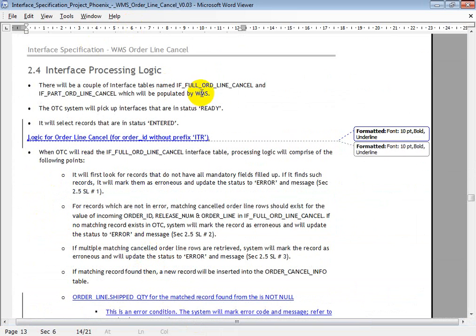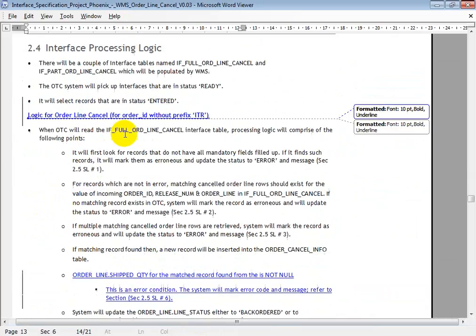So when it comes to full order cancellation, once you get a request from Indy, whether for partial order or full order cancellation, the Indy team will provide you the details for those cancellations, and you need to run that WMS job first.